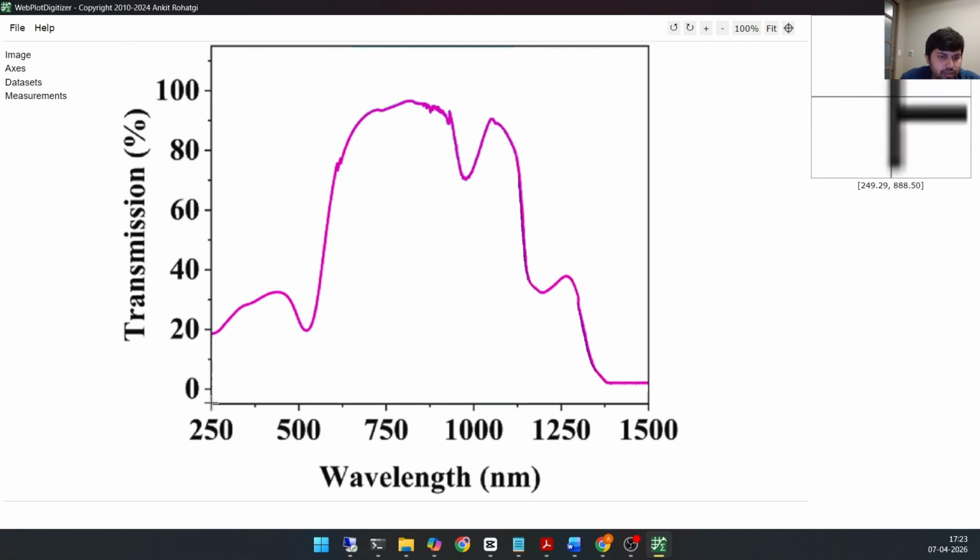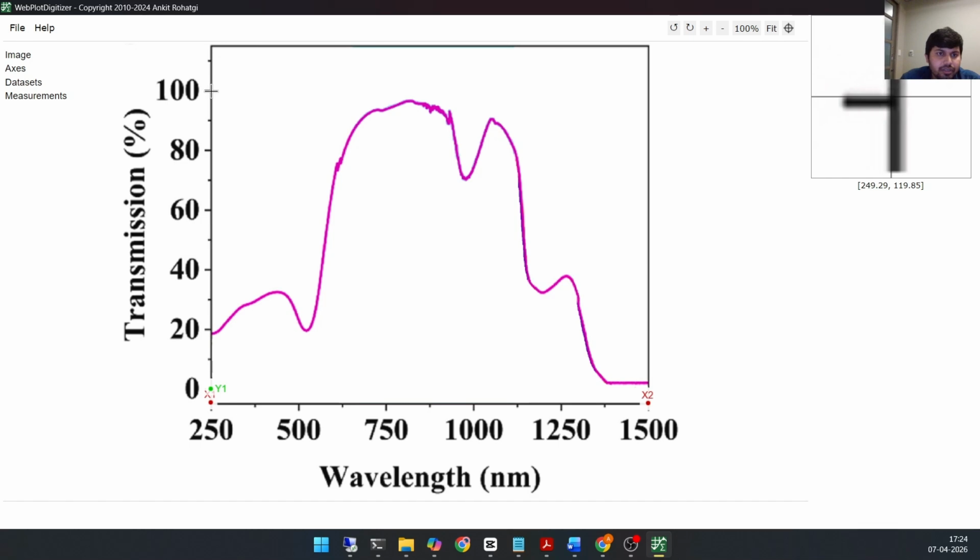So this is X1, and the other extreme point of X is 1500. So this is X2. Now here Y is starting from 0, so define it here, and the maximum value for Y is 100, so